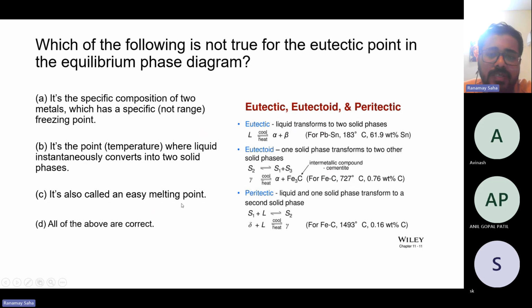It is also called an easy melting point. So that is not kind of right. So option D remains wrong. That all of the above are not correct. All of the above are correct. Okay. And then moving ahead,